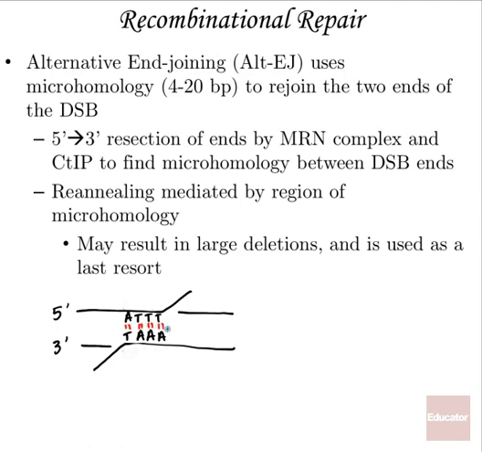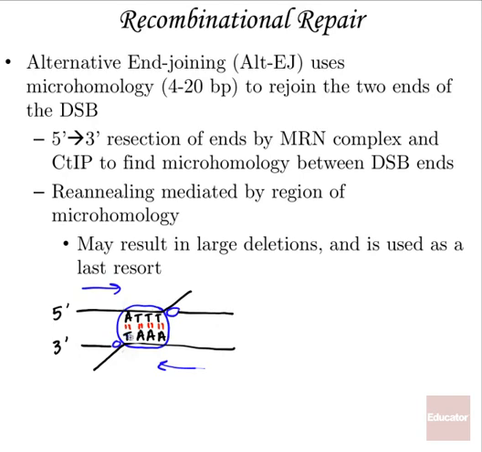Okay. So they find this, there's a double strand break, right? Which is seen here. But then you search down each individual piece, right, to where you can find a microhomology of at least 4 bases long. Okay, so we resect the ends using the MRN complex and CtIP, and you find that microhomology. So just a little bit of base pairs that would match each other on opposite strands. Okay, then you reanneal